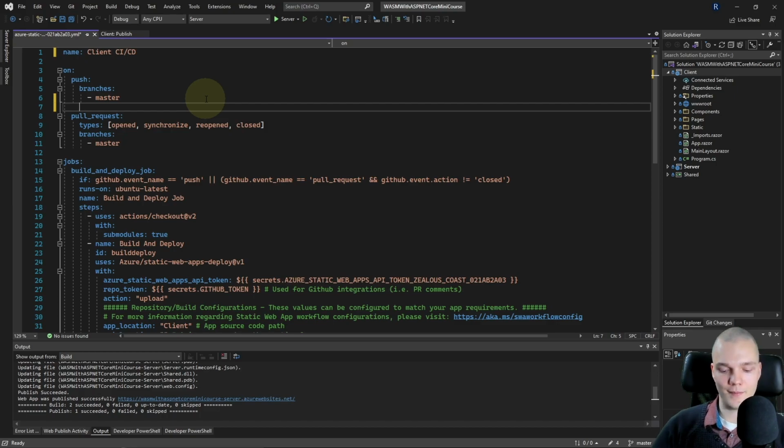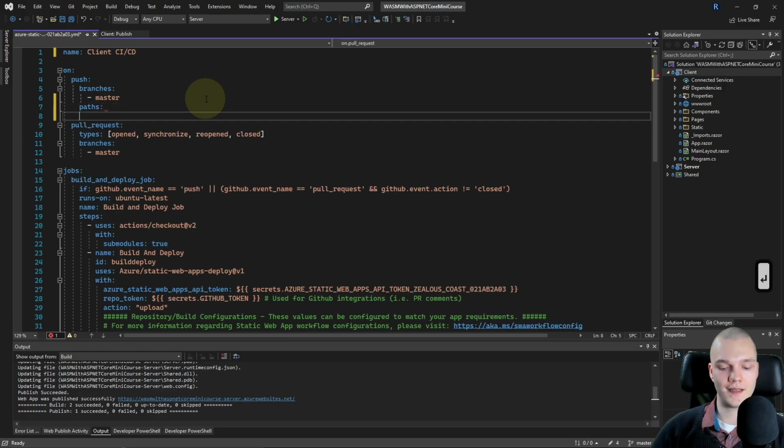And then I'll type paths: and with that we can specify the folders this action needs to keep track of. So we must do 2 spaces under paths and then specify our folders. So enter that, 2 spaces, dash, and then single quotes, and then I'll specify the client/**.